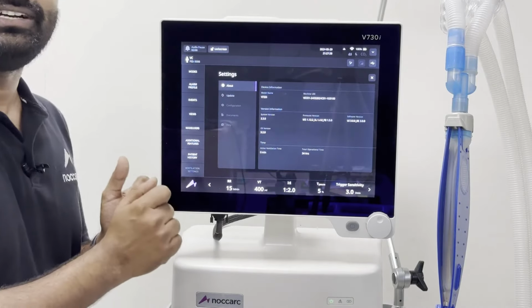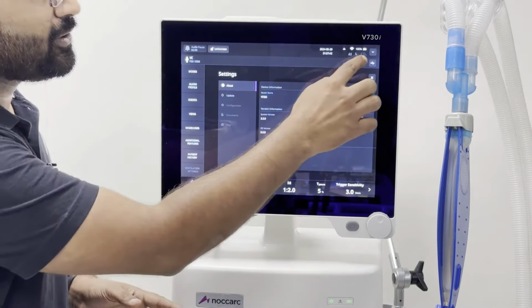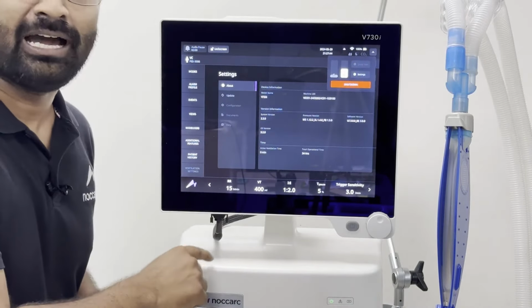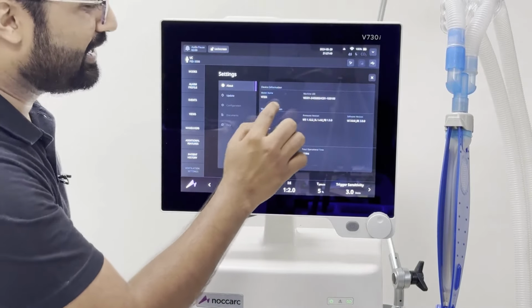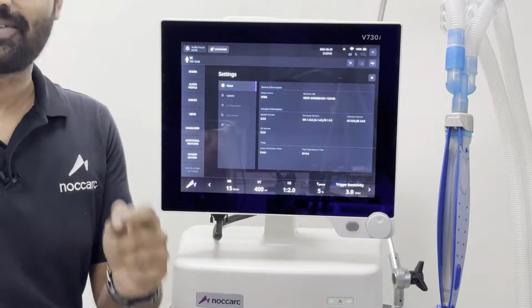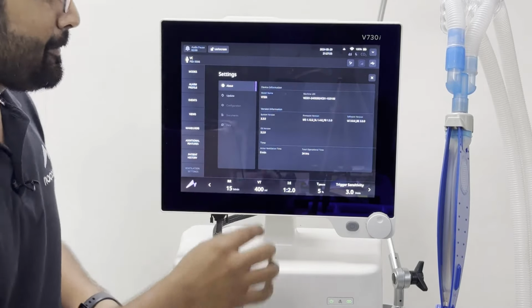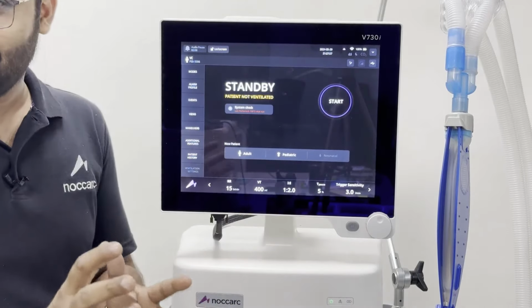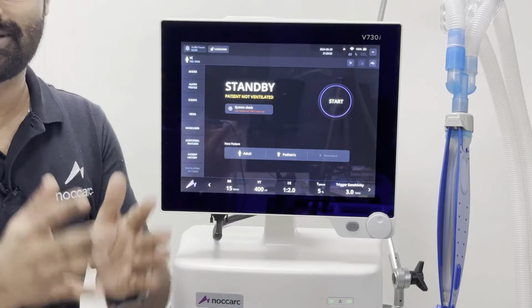Similarly, when you are using the ventilator for 7 to 10 years of usage, along with these expansion ports, we also have an OTA feature which allows you to upgrade the machine for the next 7 to 10 years of usage by just connecting it to Wi-Fi. You do not even require a Noccarc representative to be present in the hospital to upgrade the machine to a newer feature. And the most unique aspect, solving one of the major challenges,